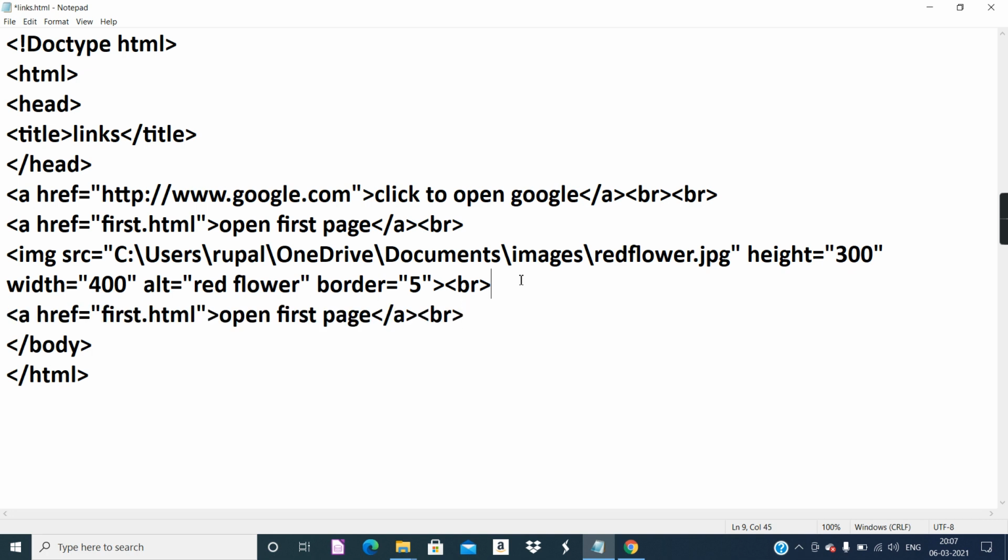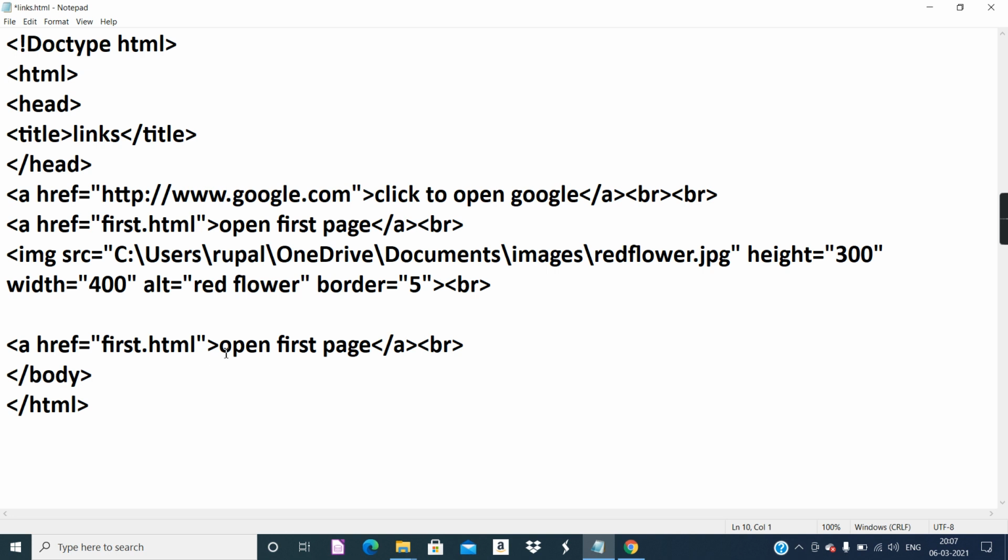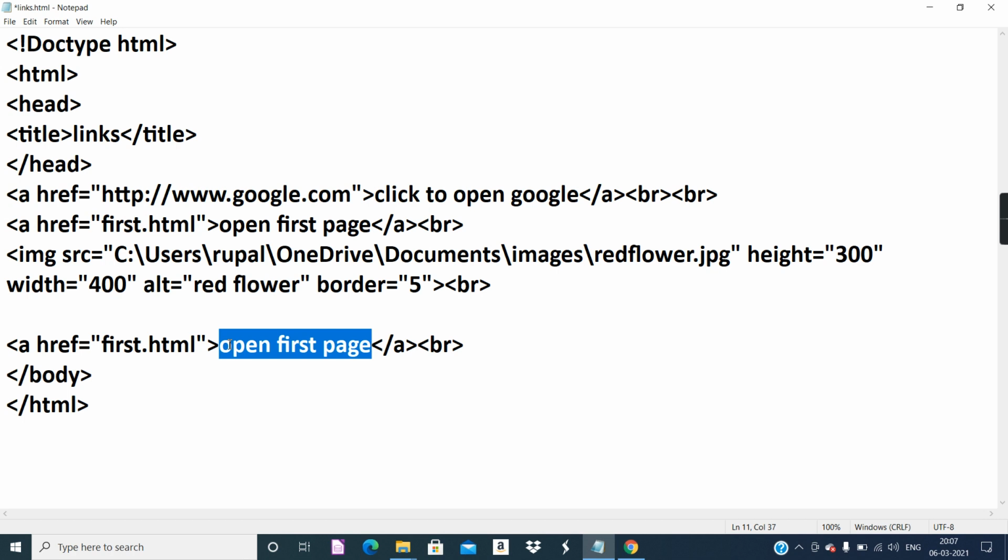Now, when you provide text in between the opening and closing of the anchor tag, you get a text hyperlink, text acting as a hyperlink. Simply, you just have to replace this text with the img tag. That's it. Instead of text, you will get an image, but acting as a hyperlink. And when you click on the image, this web page, first.html available on our computer, should load. Let's do that.